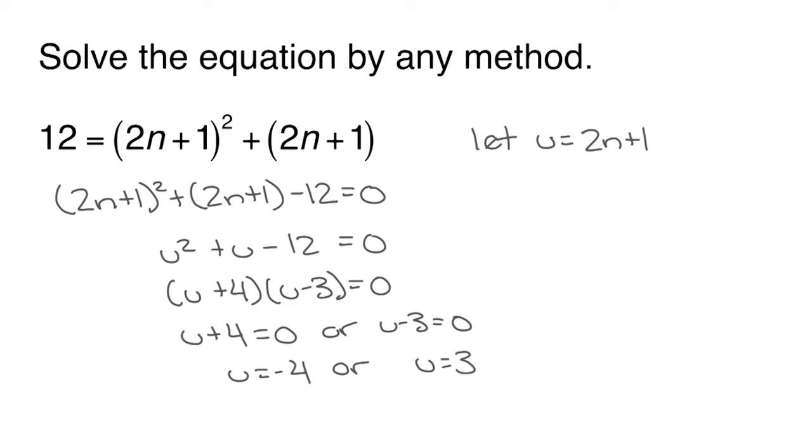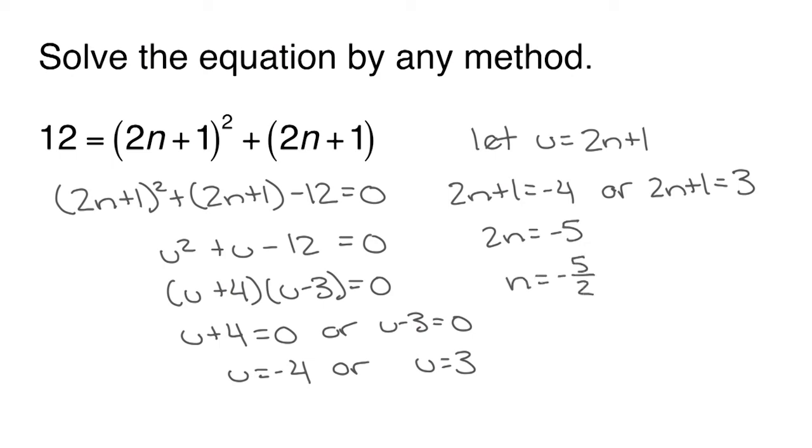Recall that u is 2n plus 1, and so 2n plus 1 is equal to negative 4, or 2n plus 1 is equal to 3. Solving the first equation, we have 2n is equal to negative 5, which gives the solution n is equal to negative 5 halves. And solving the second equation, we have 2n is equal to 2, which gives the solution n